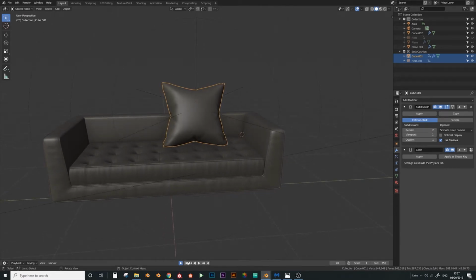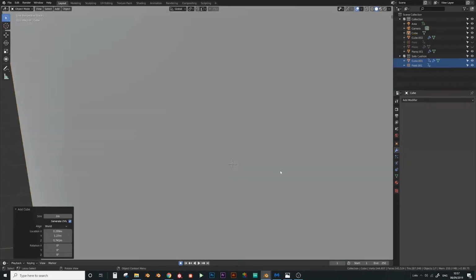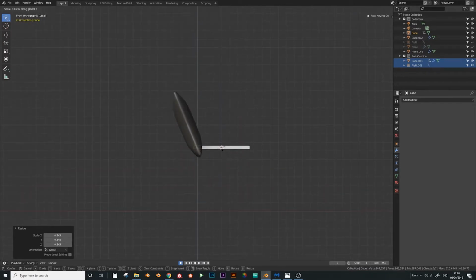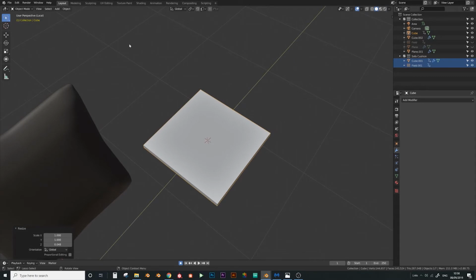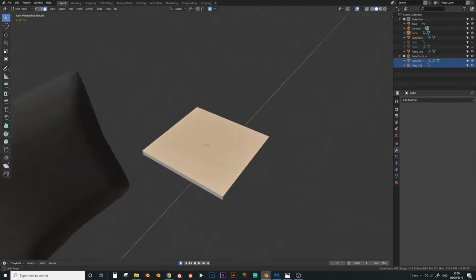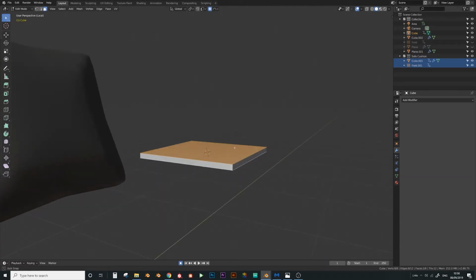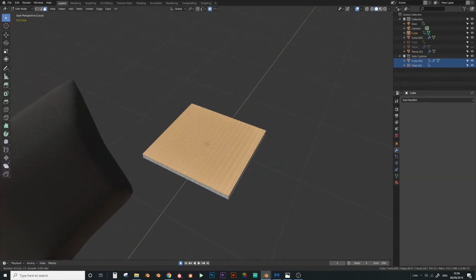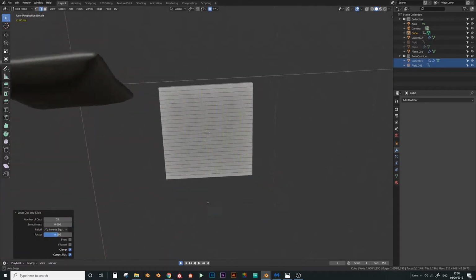So how to make this thing? Firstly, let's just go into object mode, and I'm going to make one here. So just add a cube, scale it down, and make it flat, something like this. And then I want to go into edit mode and go face select and select these two faces. And go into edit mode and then make a bunch of cuts like this, and another one like this, and